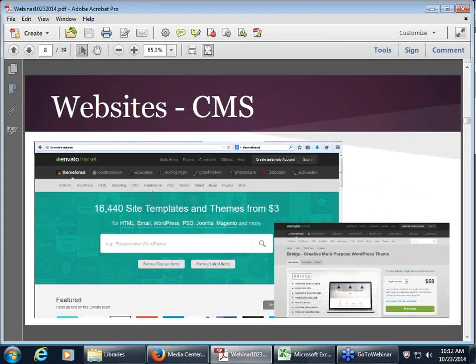So again, ThemeForest is one good example of a repository. WordPress itself has a repository of themes and plugins that you can use. But ThemeForest seems to have some of the higher quality ones. And of course, you pay a premium for them. But I think in the long run, paying, say, $50 versus having someone build a website for you from scratch, all other things being equal, it's much more convenient to buy something that's ready-made and is widely reviewed and has many bug fixes listed online.